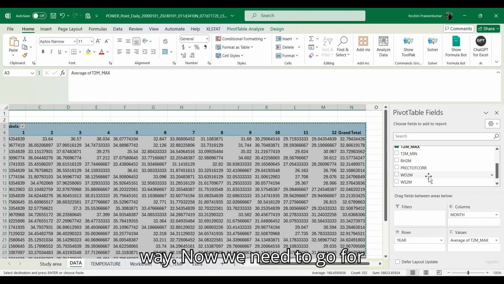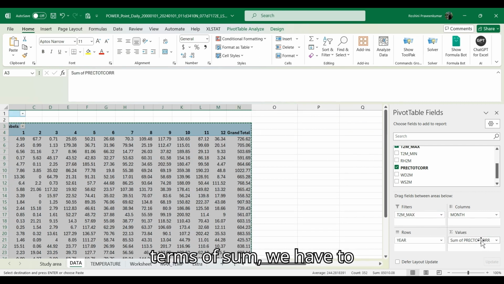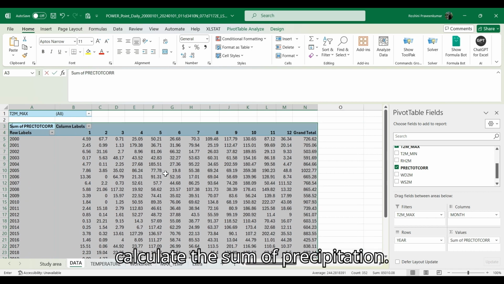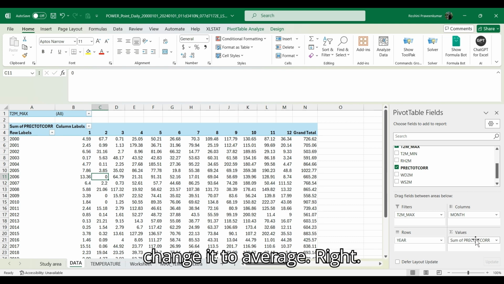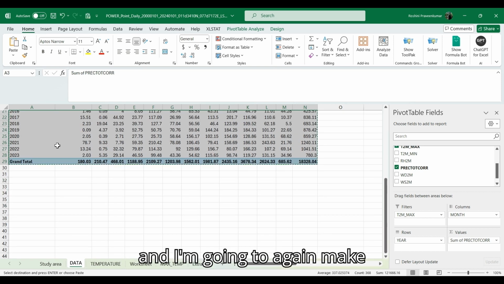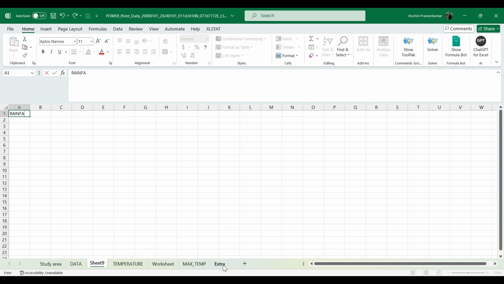Now we need to go for our precipitation. Precipitation will always be in terms of sum. We have to calculate the sum of precipitation, so it would be the sum. We will not change it to average, right? So this is your sum of precipitation, and I'm going to again make a sheet called rainfall.